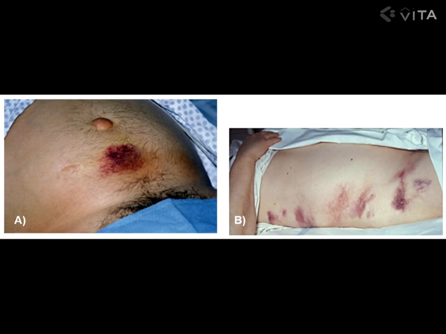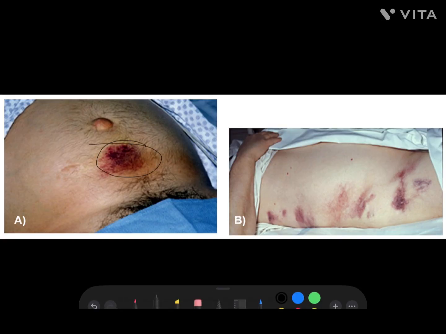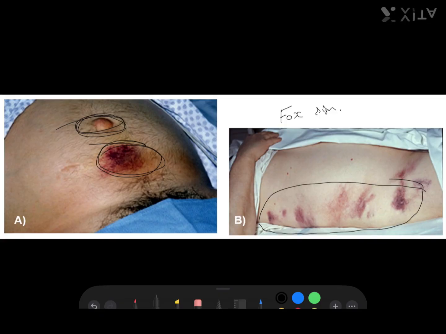We have some classical signs. You can see here the periumbilical ecchymosis, which means this type of thing around the umbilicus also. Next one, Grey Turner sign. Grey Turner sign means the patient will get flank ecchymosis in the flank area. Next we have another sign, that is Fox sign. I do not have a picture. Fox sign means in the groin region, the inguinal region, we can see ecchymosis, that type of bleeding spots. Mostly it indicates that if any patient has hemorrhagic pancreatitis, the patient will present with this type of clinical